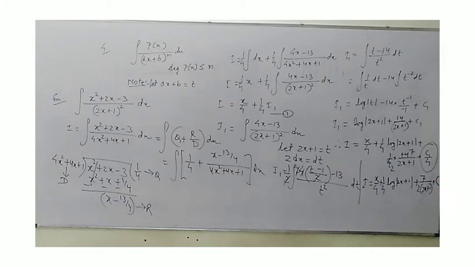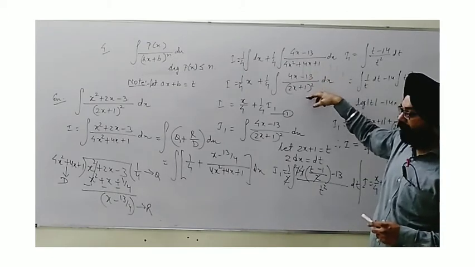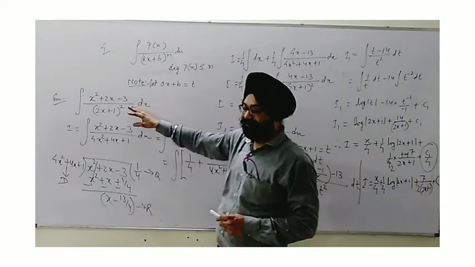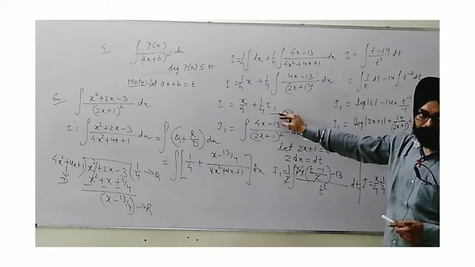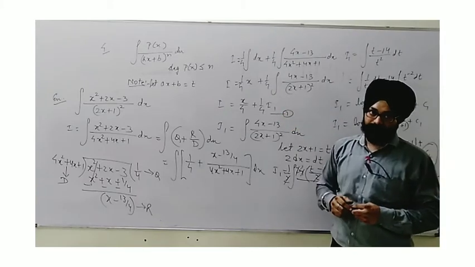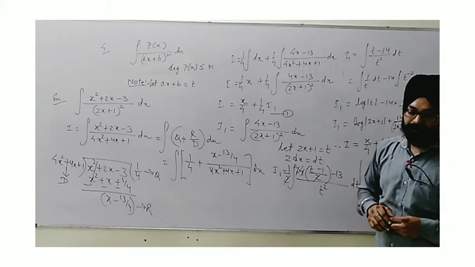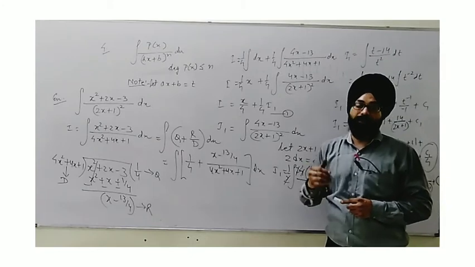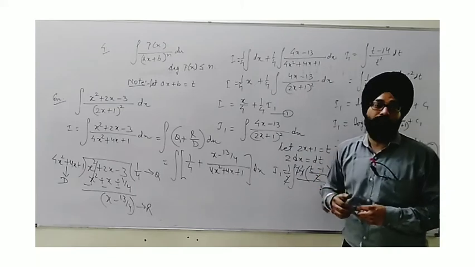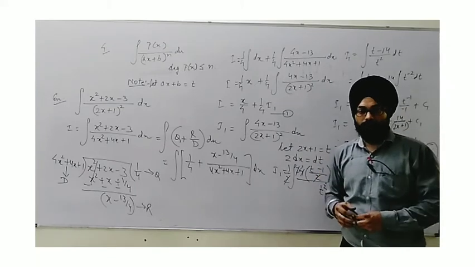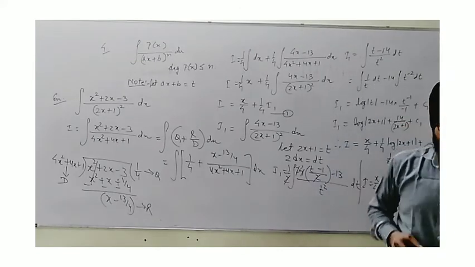Now this is the final stage, but I repeat my statement, such a pattern which we have seen recently, like (2x plus 1) whole square, this division is a must. After the pattern which we have obtained as I1, to solve this pattern we have more patterns further. So you will see that if we apply those, then this becomes more convenient. So the substitution method, as I said in the beginning, does not have one pattern only, different patterns are there. On the given condition, if more than one pattern is applicable, this will be your choice which one to apply as per your convenience. Let's see the next pattern now.